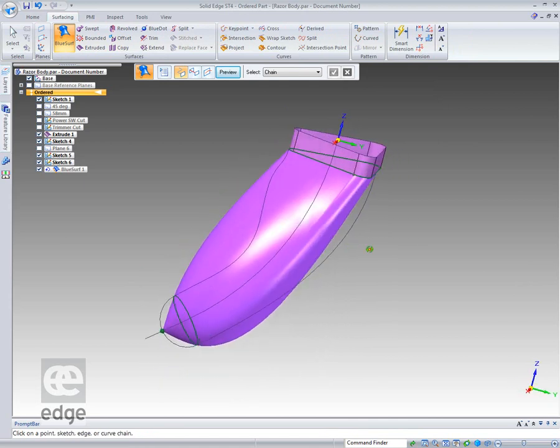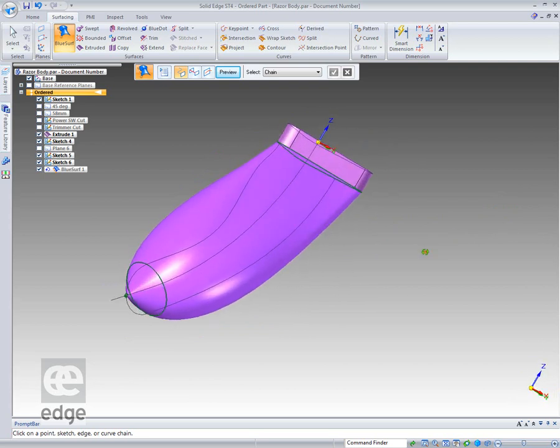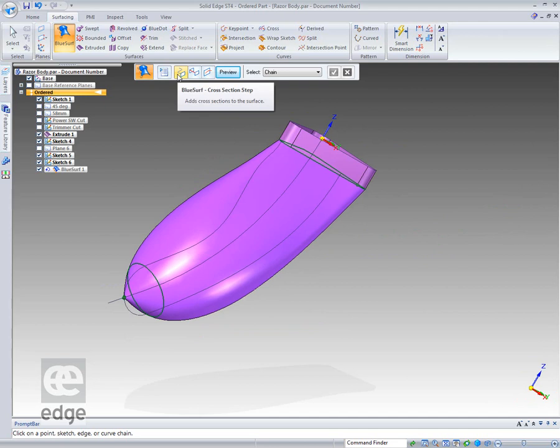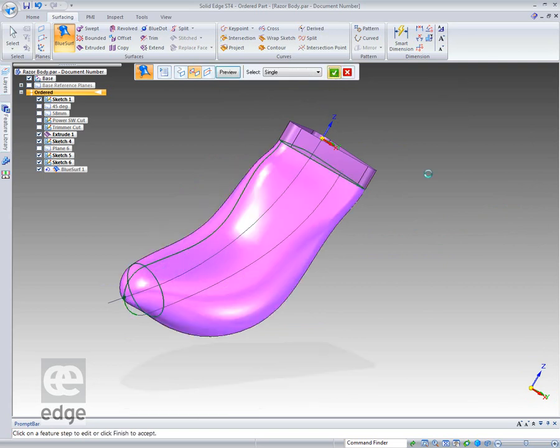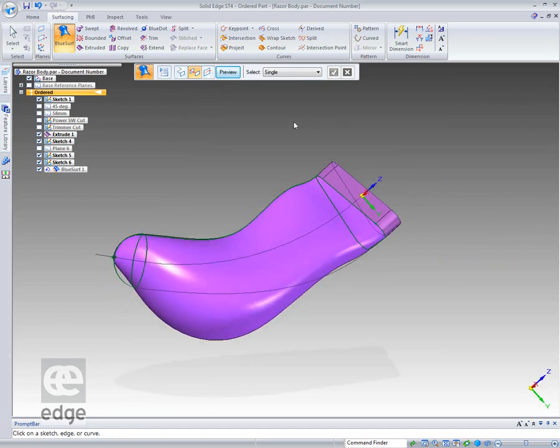And what you see there is it's like a loft. It's taken those direct points. Now that's good. That's the cross section step. I want to go to the guide curve step. I'm going to select single because I want to pick that curve and that curve, tick it off, and you see we've taken that shape in, and then we take this curve and this curve,